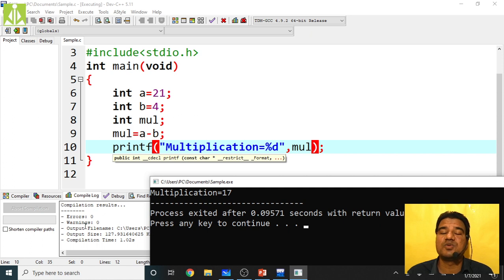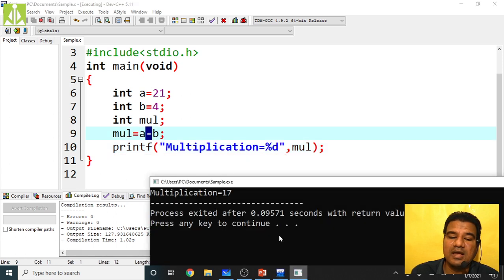Your compiler is responsible for detecting only the syntactical errors we discussed in the concept of syntactical and logical errors. I have put the minus sign over here, but I am expecting the multiplication of these two numbers. There is no error in the syntax. I'm following all the syntactical rules, but yes, this is a logical error. We as programmers have to identify that logical error. Because I am getting the wrong output, I have to correct my code.